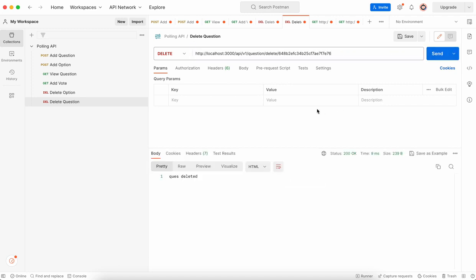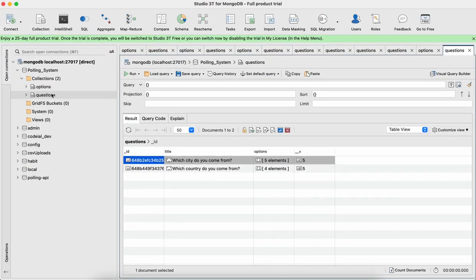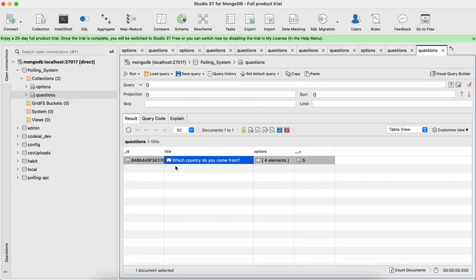Now if we send it, it says question deleted. Now if we go back to Studio 3T and refresh this, as you can see, the which city do you come from question is deleted, and the only option which shows